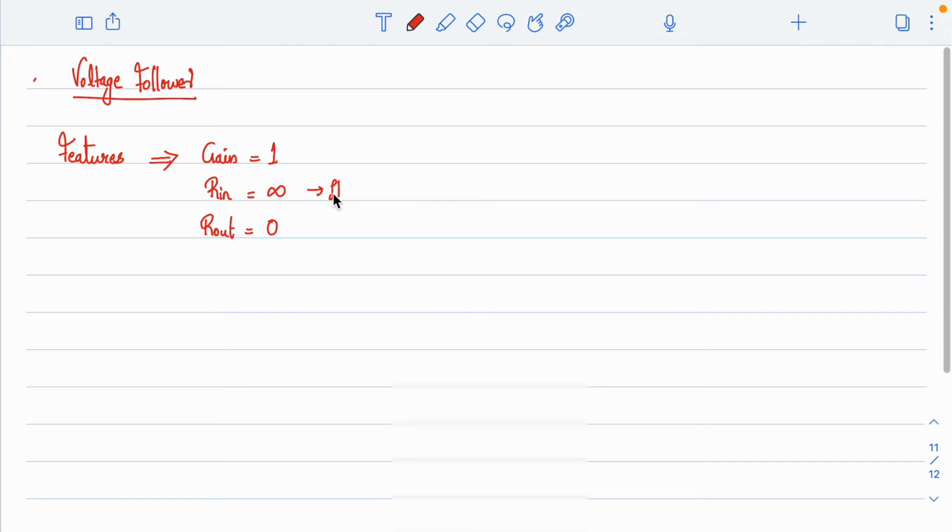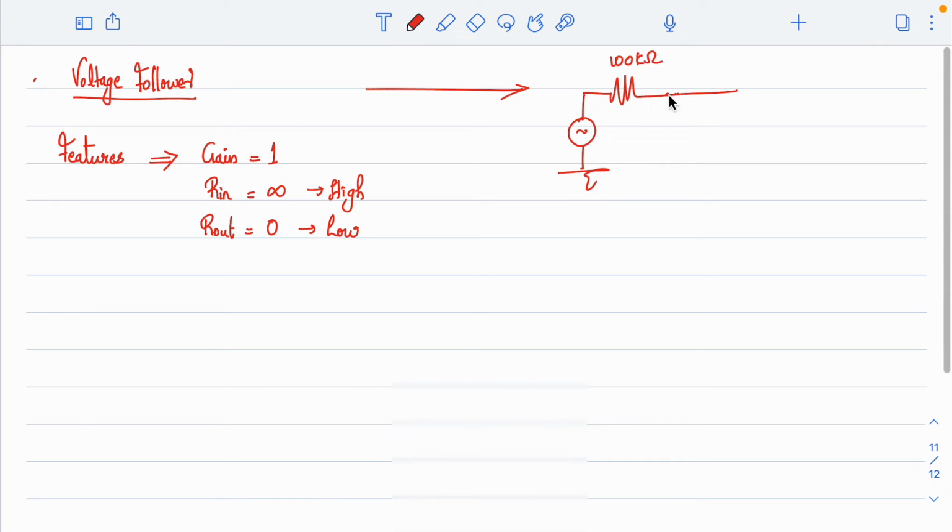So we say the input impedance should be high and the output impedance should be low. And when we have such a circuit, it is easy for us to connect from a high impedance source to a low impedance load, right? Because the whole point why we discuss this voltage follower is, say you have a source which is having an impedance of say some 100 kilo ohms, right?